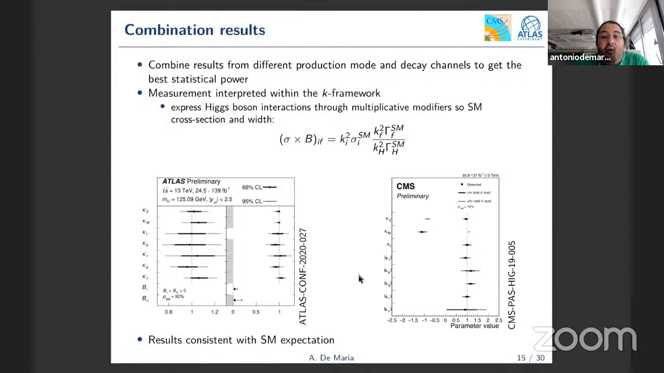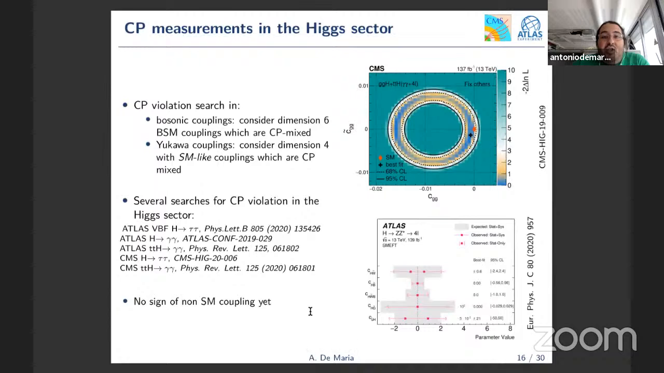So after combining all of this, we can also start searching for this. We can also move on to the CP measurement in the Higgs sector. As you may know, the Higgs boson is a CP even state. Nevertheless, a CP odd component or a CP mixture, like in the case of the kaon, is not completely excluded, and we can search for CP violation through bosonic couplings, in which we consider dimension 6 BSM couplings,